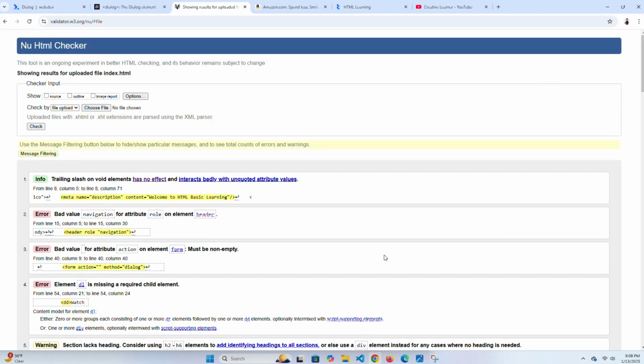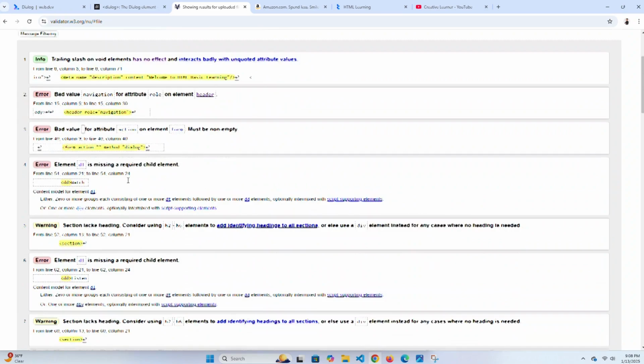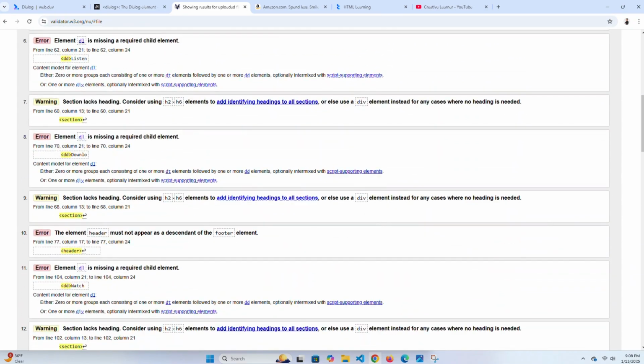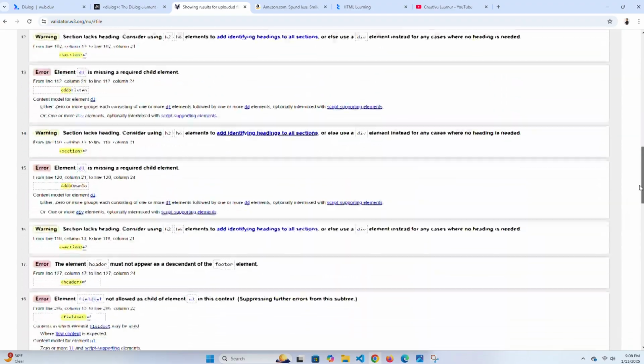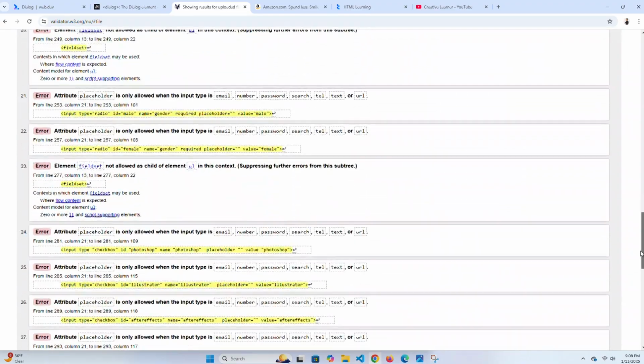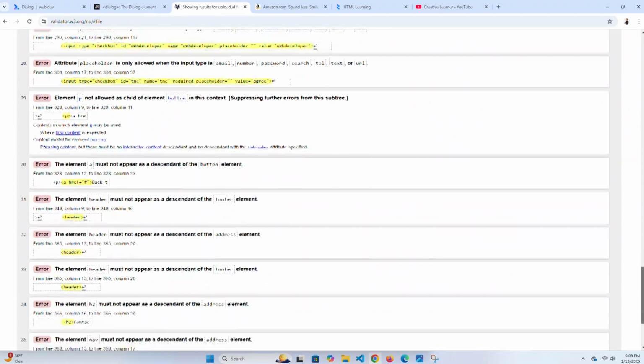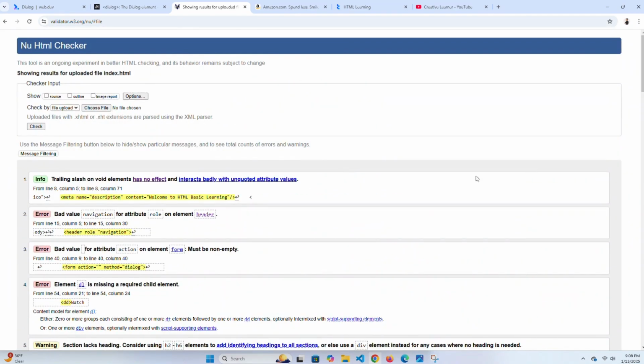So this time, I believe we will not see the error with the BR because we removed it, like I said. Yeah, so we do not have an error with the BR. So guys, that's how we can validate, we can debug it. And also the other thing,